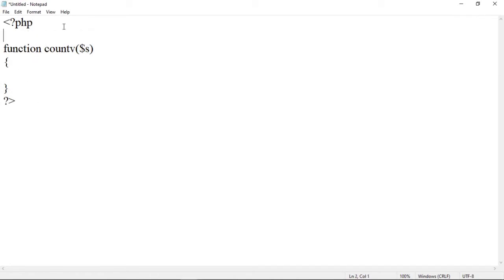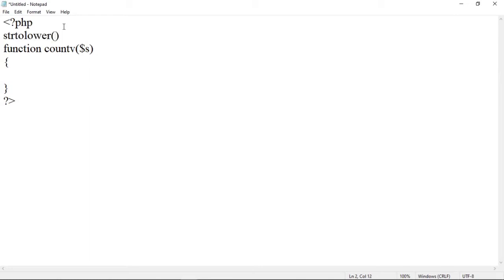So to accept that string, we will use str. First of all, see here, user can type a string in capital letters or small letters. So first of all, let us convert that string to small letters. To convert the string to small letters, we use string function, that is strtolower in bracket.